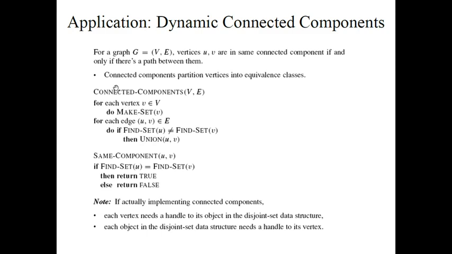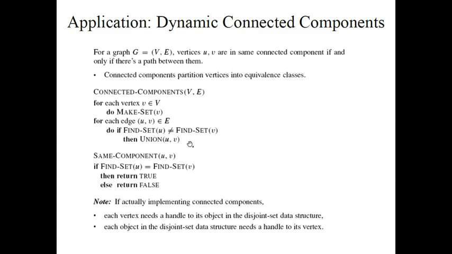Here, for finding the connected components of a graph G equal to (V, E), for each vertex do make set V, which means each vertex is going to be an individual set, and that vertex itself is going to be the representative of that particular set. Then for each edge (U, V), if find set U is not equal to find set V, meaning their representatives are different, it implies that they are not in the same set. Then you can unite them, take the union, and this union will destroy the original sets also.